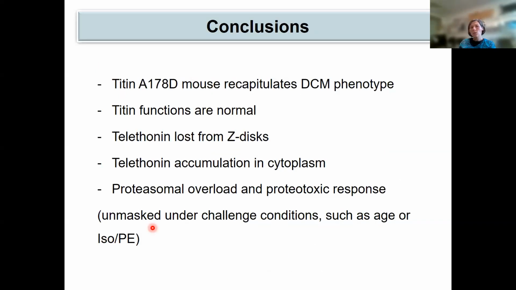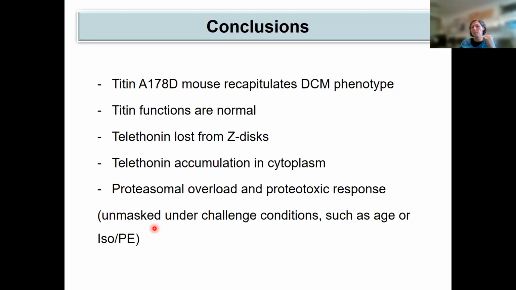So in conclusion, the mouse recapitulates aspects of the human disease, but not all of it. For example, it doesn't recapitulate the tuberculation, and it only does it in the homozygous setting. Pretty much all titin functions are normal, apart from binding to telethonin. And because telethonin cannot bind to titin anymore, it's lost from the Z disks, it accumulates in the cytoplasm and